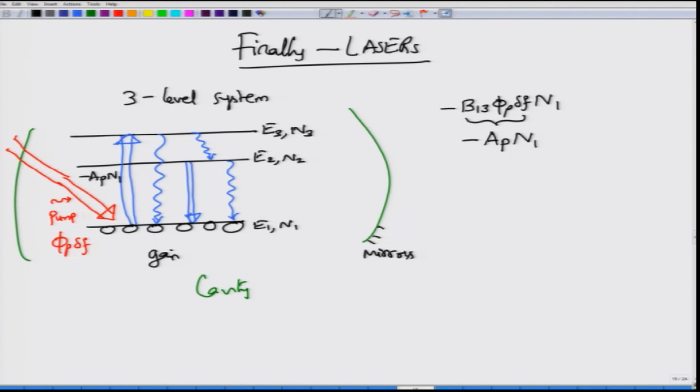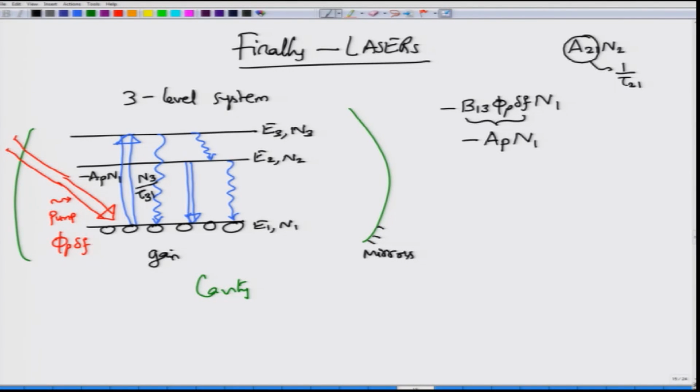Of course, once these electrons go to the energy level E3, they have two possibilities. Some of them spontaneously come down from E3 to E1. We will call that N3 divided by tau 31. Now, what is this tau 31? Well, we know that spontaneous emission is governed by the coefficient A21 times N2 for a simple 2-level system, where A21 was called the Einstein coefficient. Instead of writing this as A21, we simply write this as 1 by tau 21.